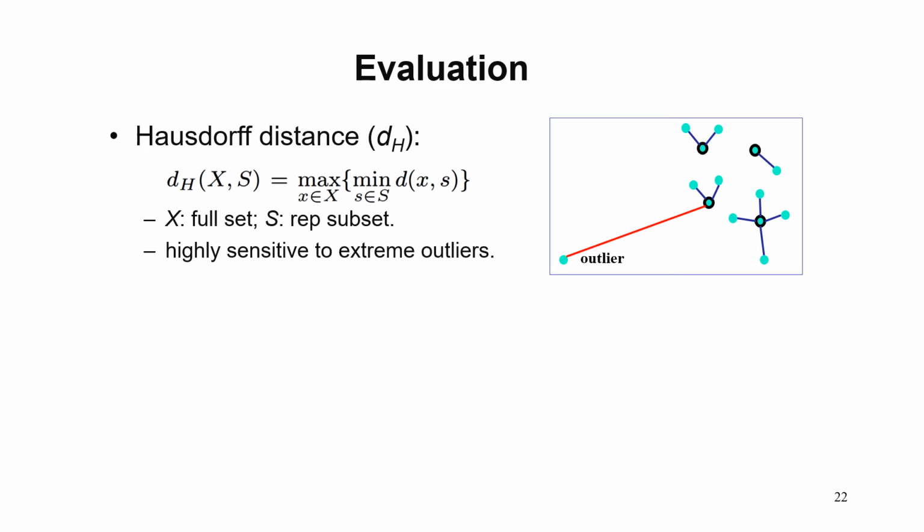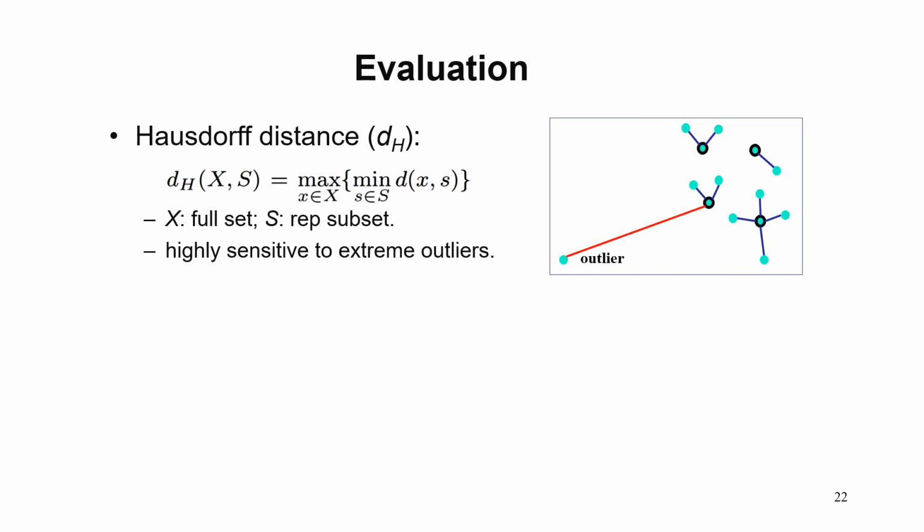Hausdorff distance can be used to evaluate how well a selected subset represents the full set. A smaller value is better. However, classical Hausdorff is highly sensitive to extreme outliers. In this example, an extreme outlier makes the classical Hausdorff very large, although all data points except for the outlier